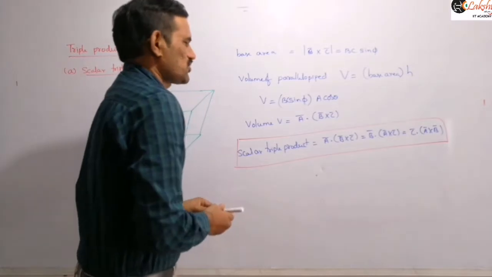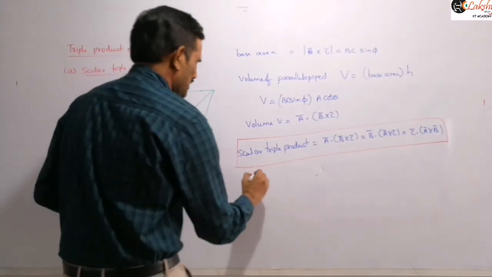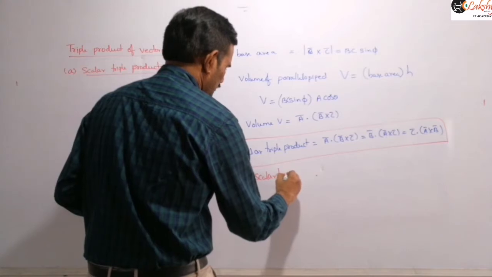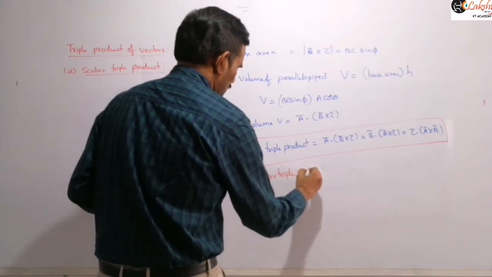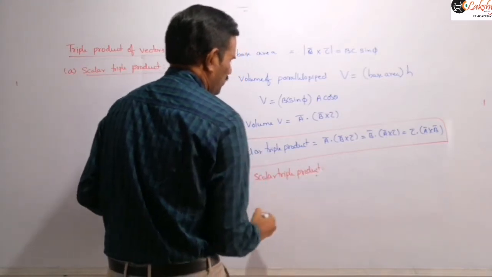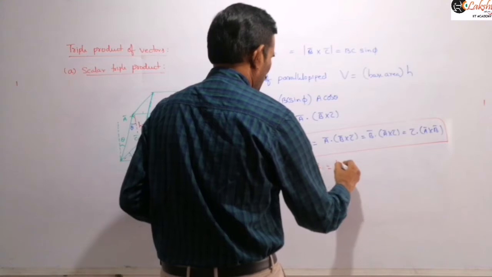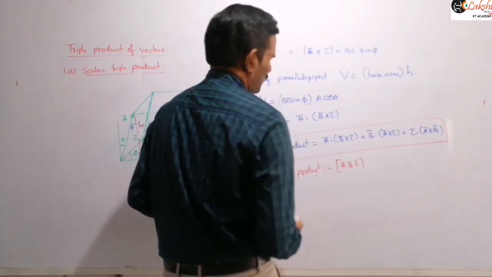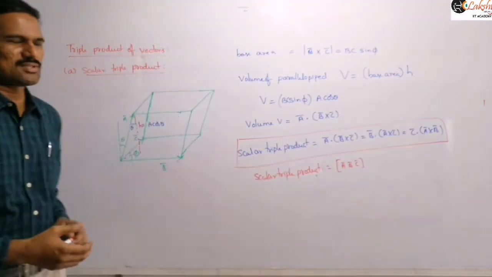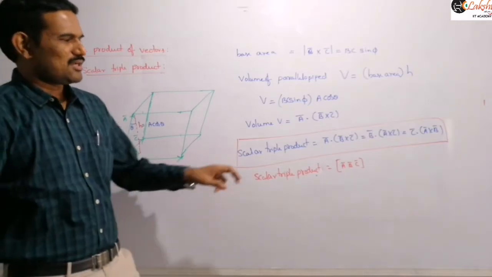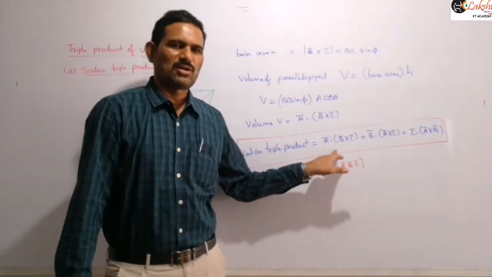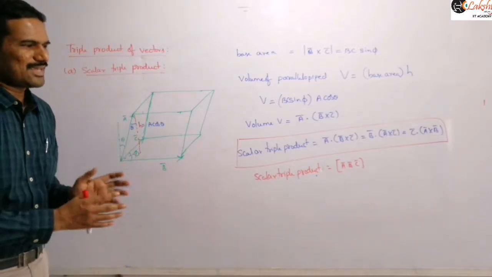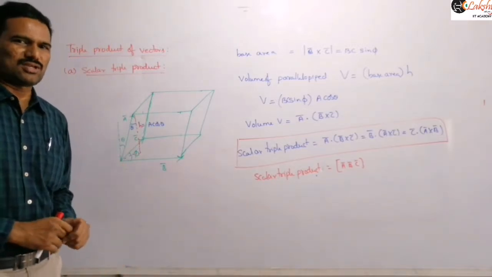And so then we can also express this scalar triple product simply as follows. Generally we express the scalar triple product of three vectors like this: A bar, B bar, C bar in brackets. That indicates we are going to find A bar dot of B bar cross C bar. That is the scalar triple product definition, right?